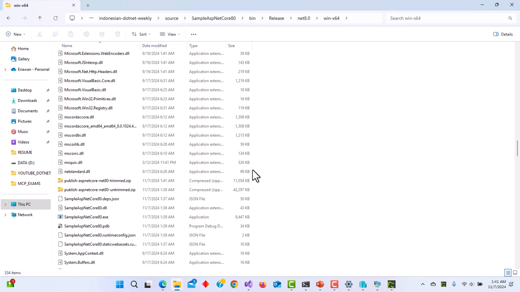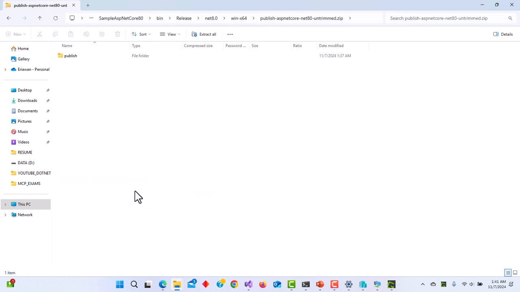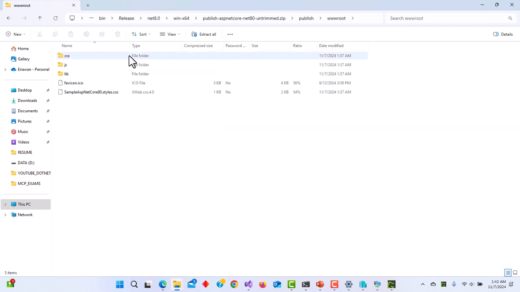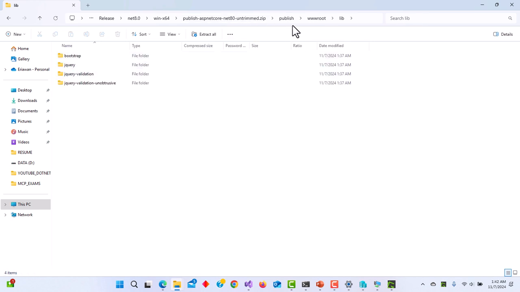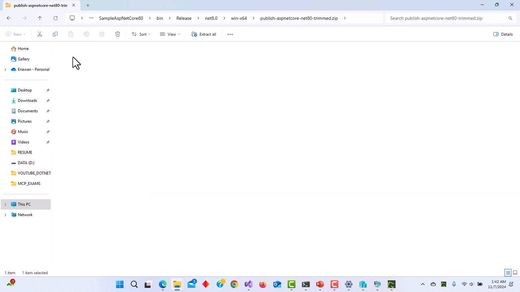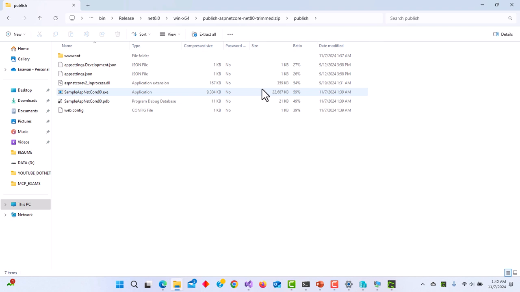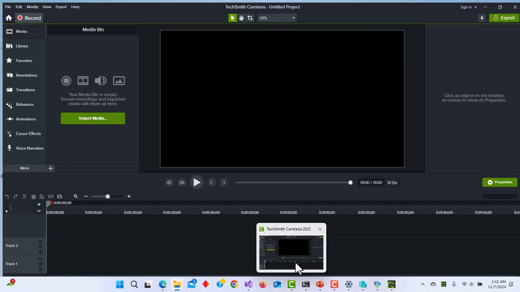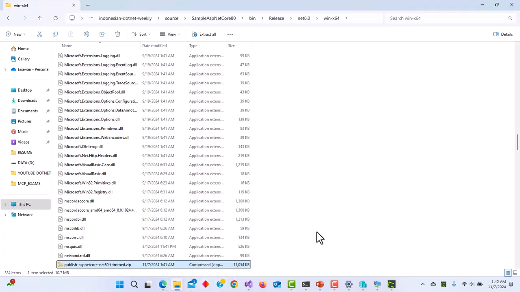Interesting. So this proves it is very well trimming some things. If I open this one, yeah, it seems okay. So 93.6 MB to 40.5 MB. This is the untrimmed one. What about the trimmed one? Oh, very small. It's now 9 MB. So it works well for ASP.NET Core, and this is quite